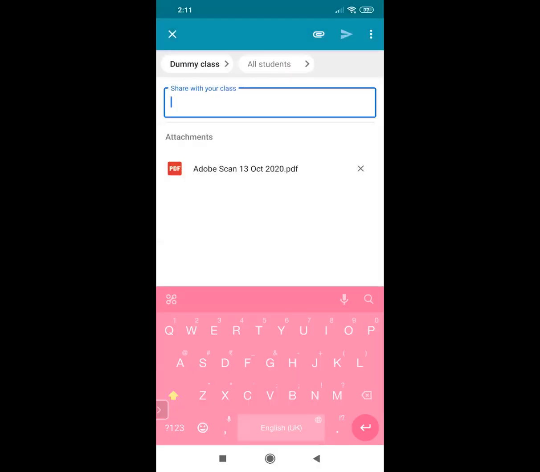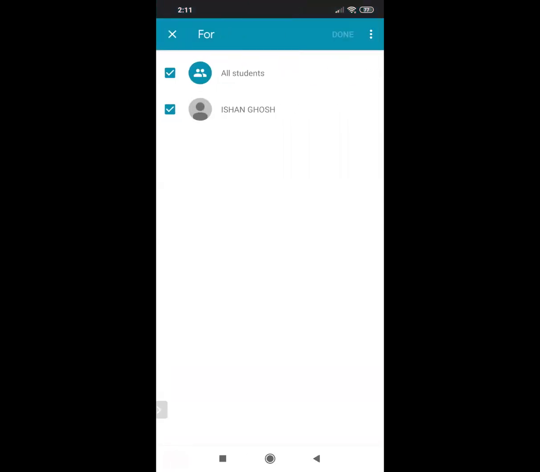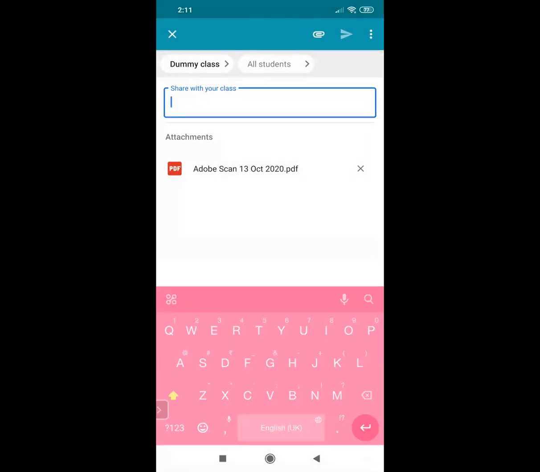Now here I will not prefer to announce the result for all the students. I mean the result of all the students. So I just go and say which student I want. Here there's only one student, so I just select that. Otherwise, you can have specifically one student selected from here. Cross button. I can write some comment here. Please check the document. If you want to, you can write your marks here too.